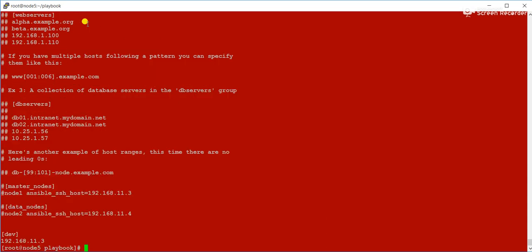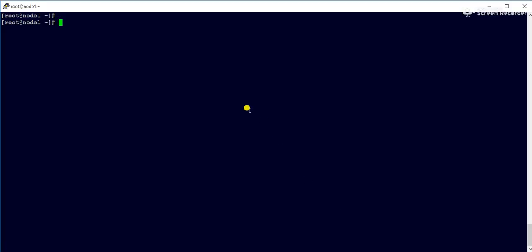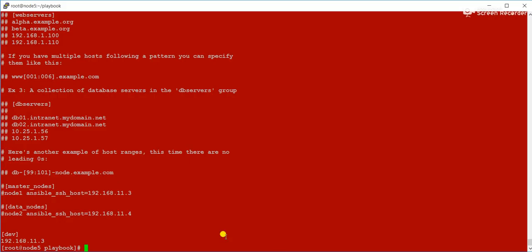I have created one group called dev group, where I have added one client, 11.3, which is our Ansible client. If I give hostname -i, I will get the IP address of the node 1. In our dev group, I have added only one hostname.